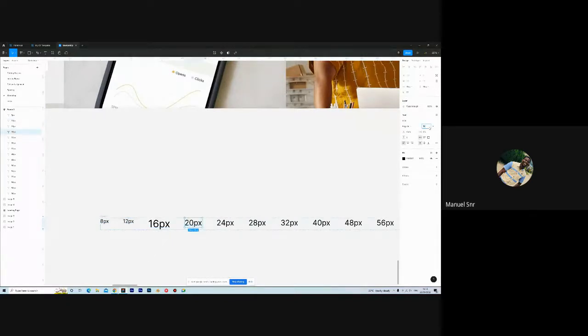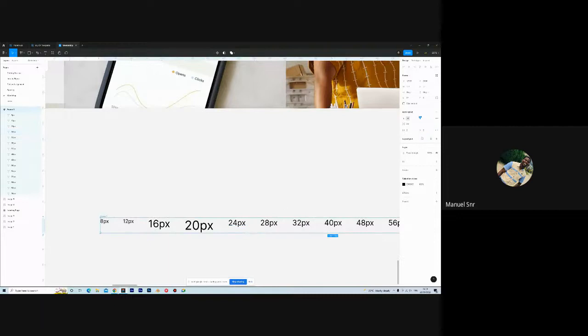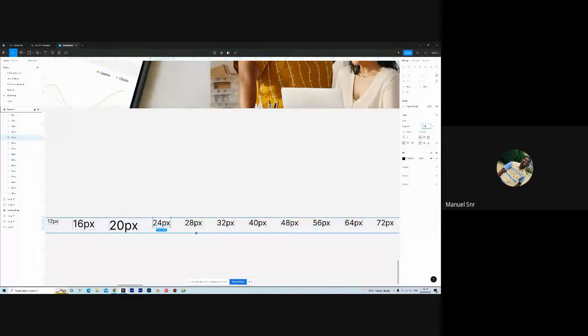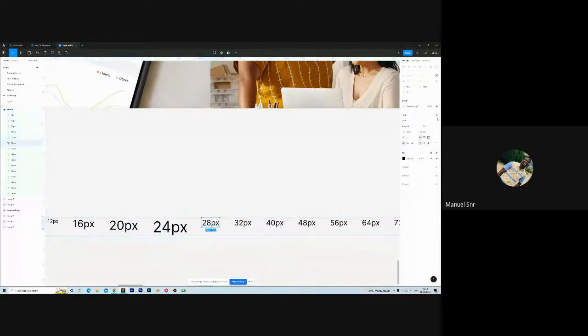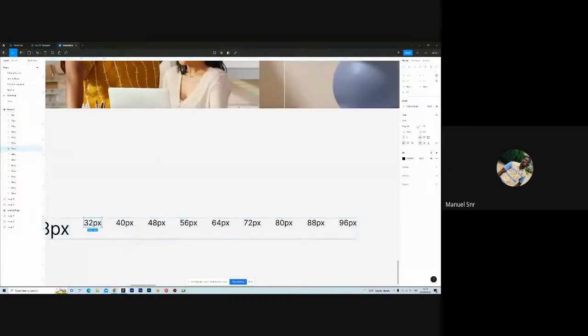Now we come here and we do 20 pixels. We come here and we do 24, 28, 32, 40,